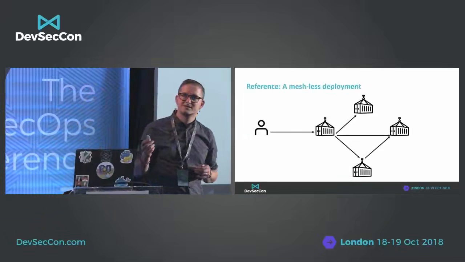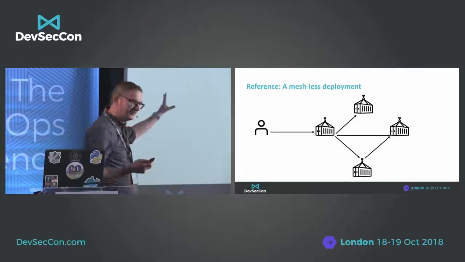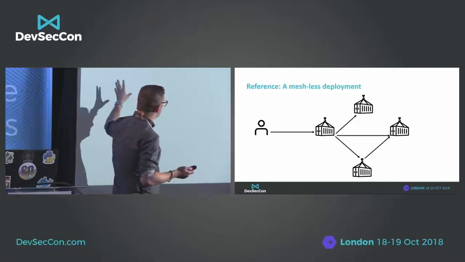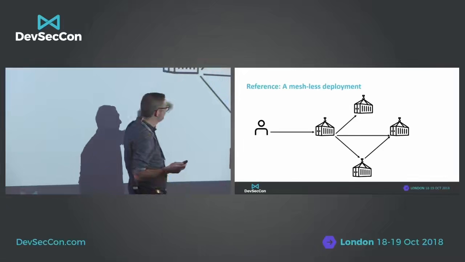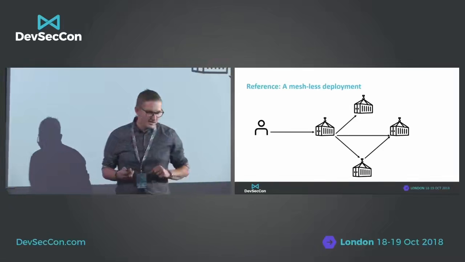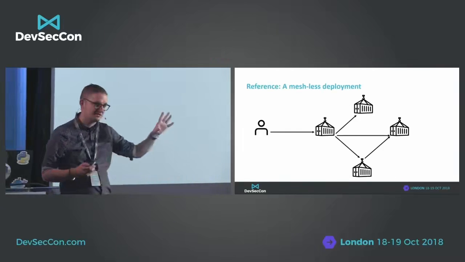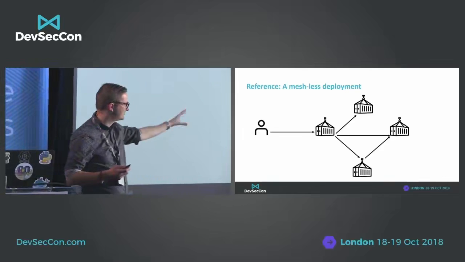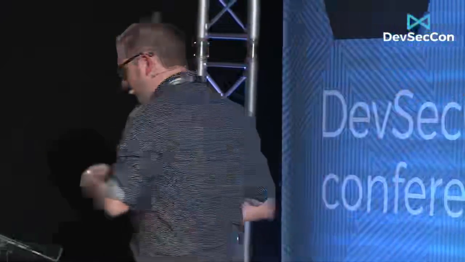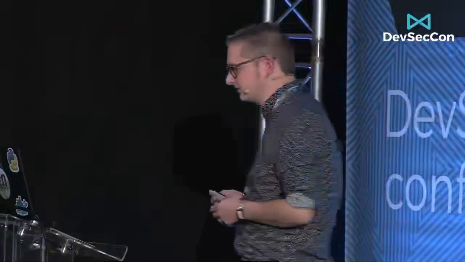So, what does a meshless deployment look like? It looks like a childlike diagram on a PowerPoint slide. So, in a meshless deployment, users connect to your system, probably services deployed in containers, and each container enforces policy and does things in different ways, because we've got a Java container, we've got a Python container, we've got something else down here, and someone was mad and wrote a container using C. That makes it very difficult for us to reason about the security. Additionally, we may have third-party services in here, and they will have very, very different ways of enforcing policy and defining policy, so it makes it much more difficult.